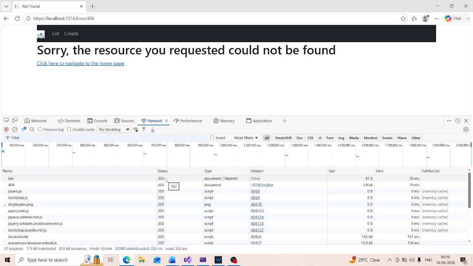Now we issued a request for /foo/bar, and then we have a status code 302. This means this URI